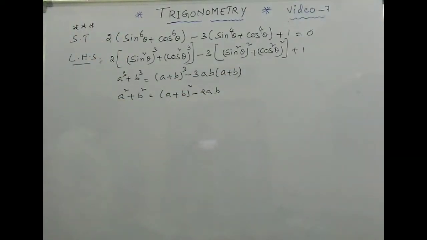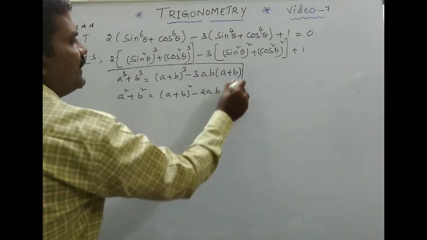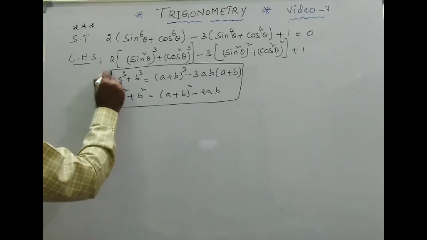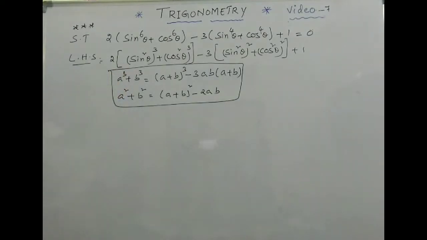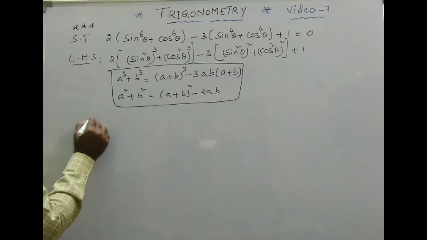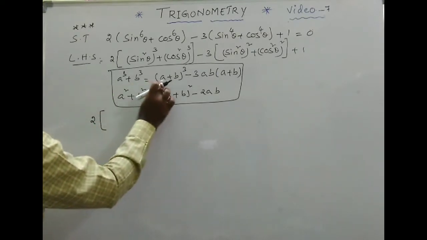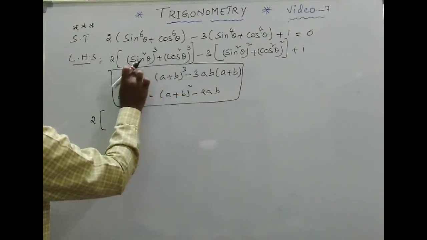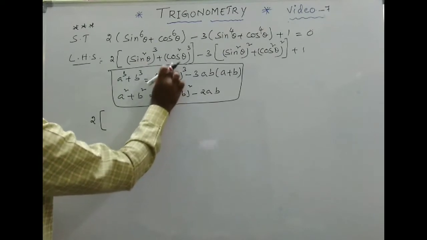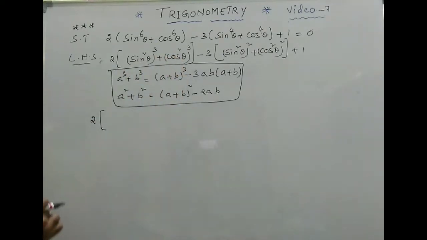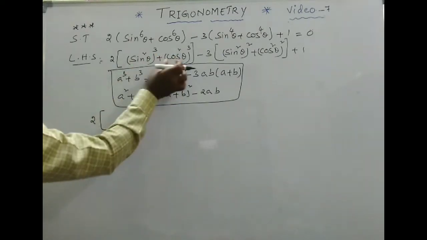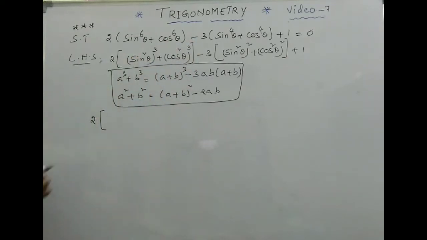So these are the two formulas which play the most important role in this. If you know these two, why not? These are already discussed in algebra. Now, can you apply this? So a plus b whole cube. You know, a means sine square theta and b means cos square theta, isn't it? A cube, b cube. A is sine square theta and b is cos square theta.